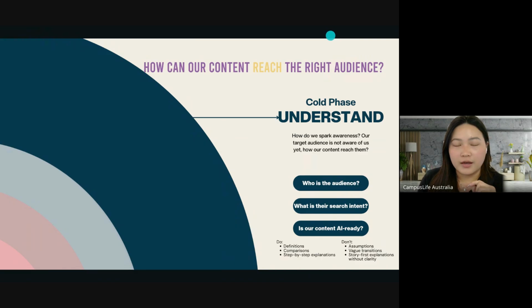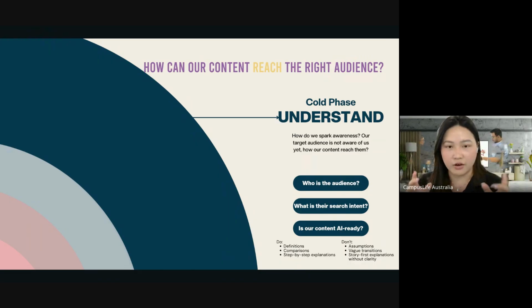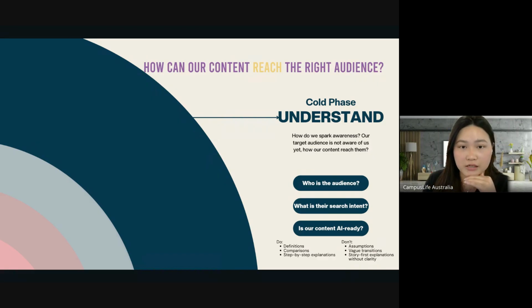Okay, so I usually like to link different frameworks together. When I do content, I link it to my mentality of cold, warm, hot phases as well. That's something we use for the sales funnel too. Based on each stage, I will define what I need to focus on. So for content to be rich, engaging, and convert, we always need to start with how it can reach the right audience that we want, right? And that usually starts with the cold phase.